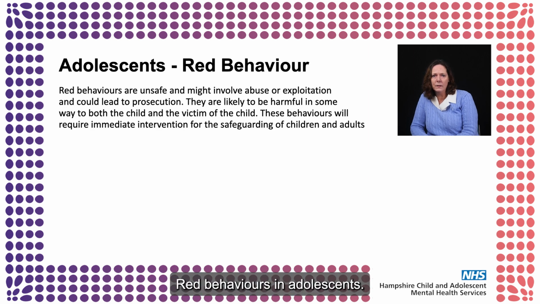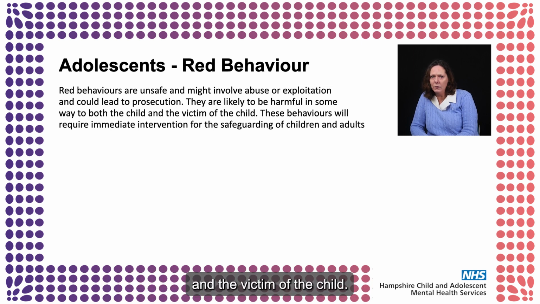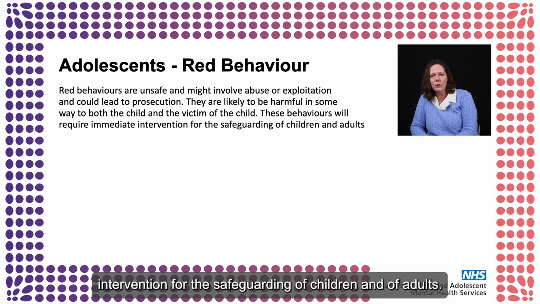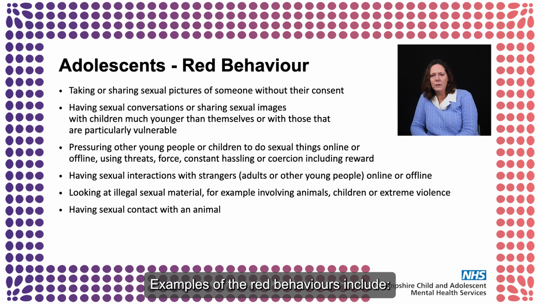Red behaviours in adolescence. Red behaviours are unsafe and might involve abuse or exploitation and could lead to prosecution. They are likely to be harmful in some way to both the child and the victim of the child. These behaviours will require immediate intervention for the safeguarding of children and of adults. Examples of the red behaviours include